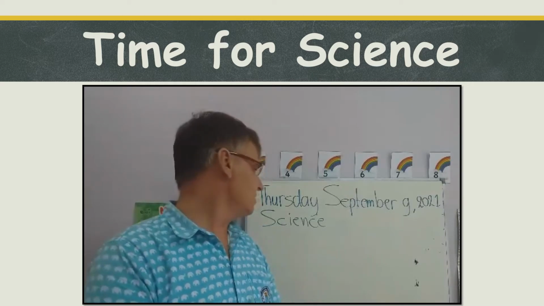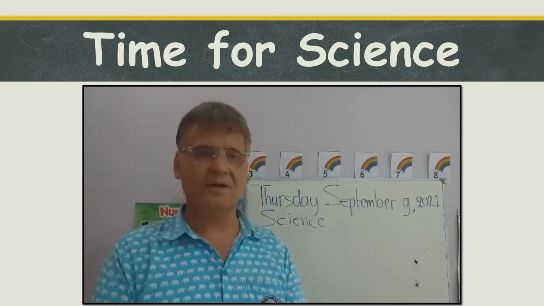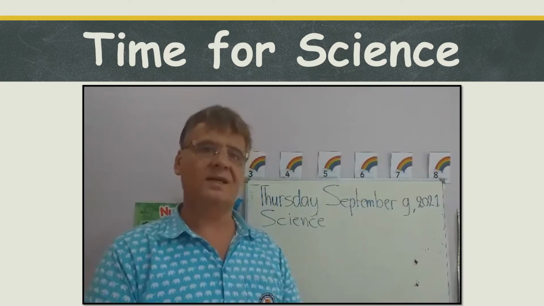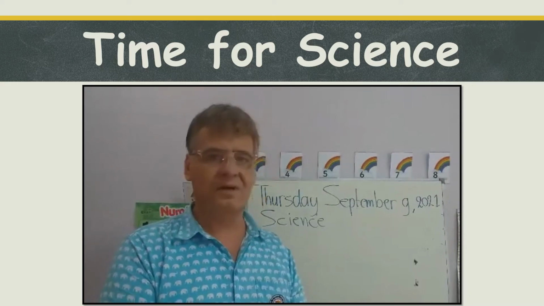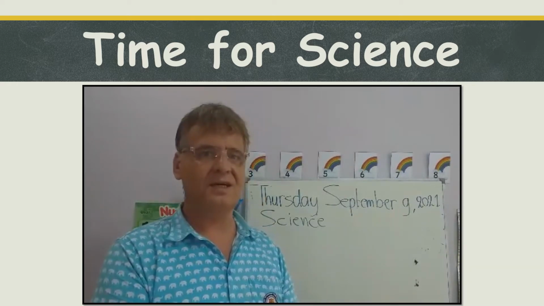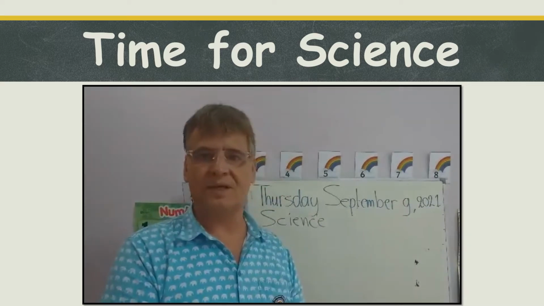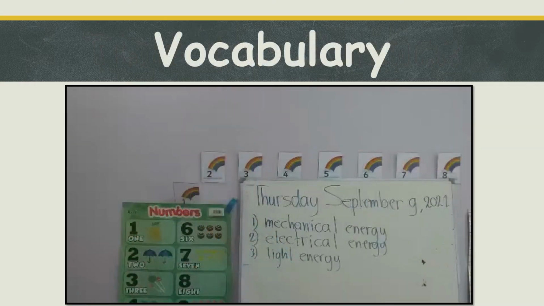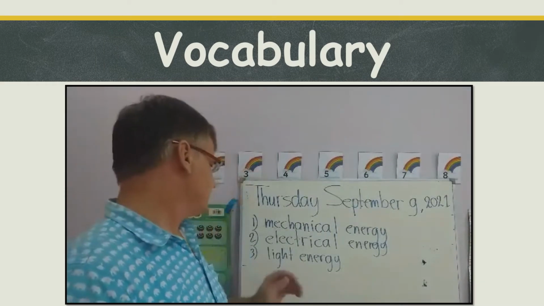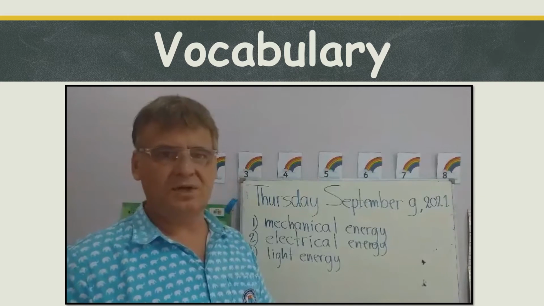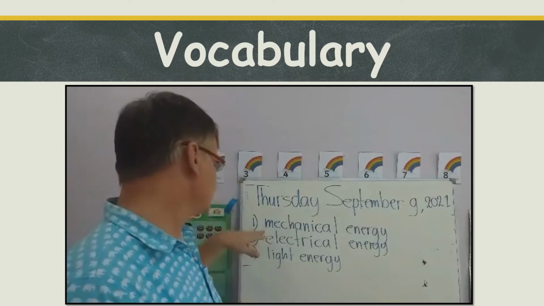Okay, so let's start with our vocabulary. The vocabulary is actually the forms of energy. Let's look at the other forms of energy, how to write them, and then later we look at what their properties are. Okay, so the first 3 new kinds of energy are number 1,